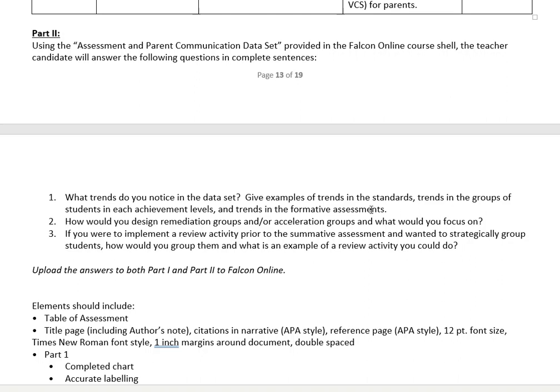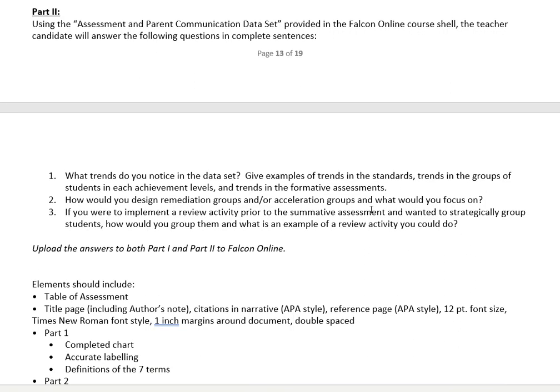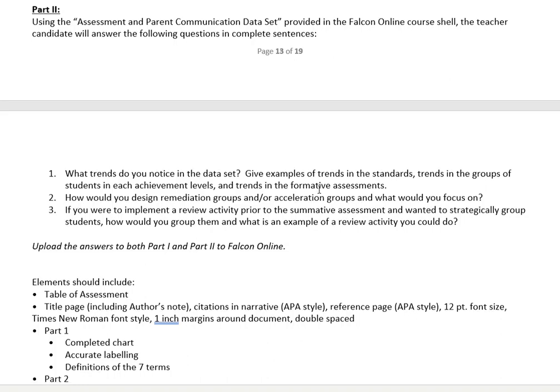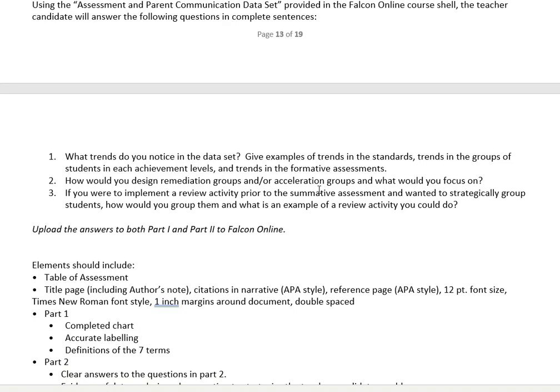So I'm looking for you to analyze, look at trends, and write. Now, I don't want a dissertation, but I'm telling you that anywhere between 2 and 3 paragraphs should handle question 1. For question 2, how do you design remediation and acceleration groups, and what would you focus on? So you're using these trends to apply to something in your classroom. You're using this data, assume it's something that you are teaching, and you're going to explain to me how you